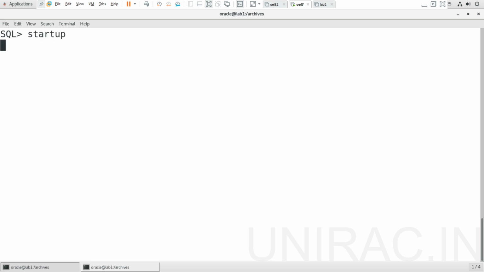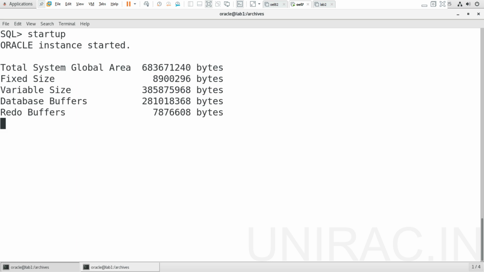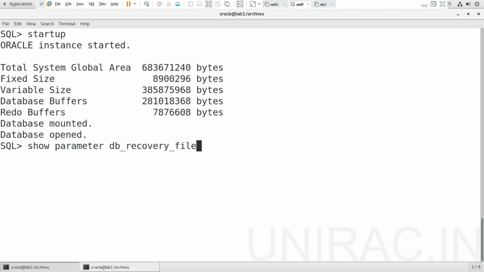Start up now. We have the flash recovery area in /archives. In your live environment, you can have a separate partition, a separate mount point, /FRA. You can verify the parameters now.